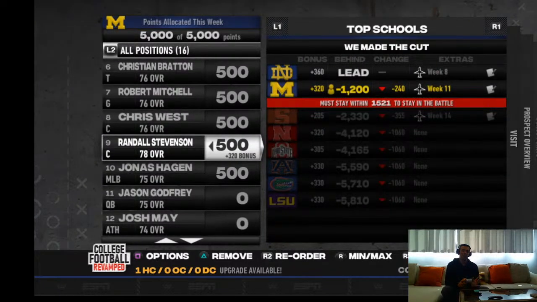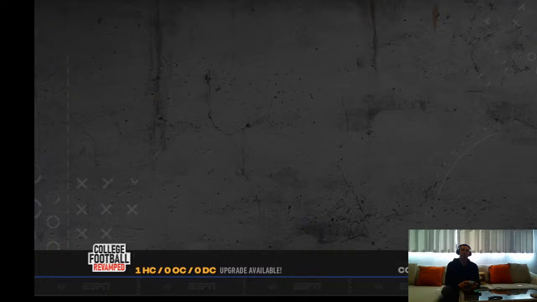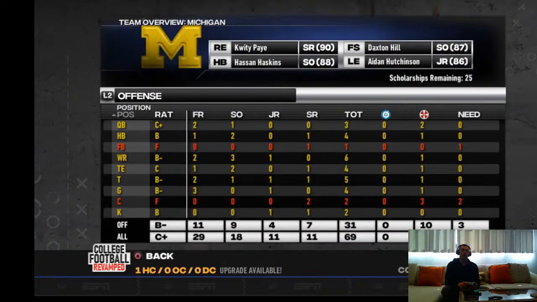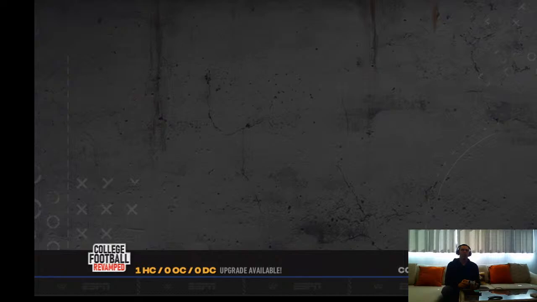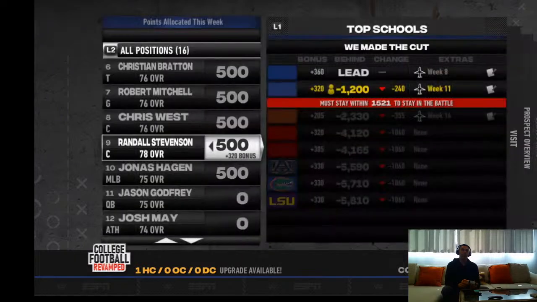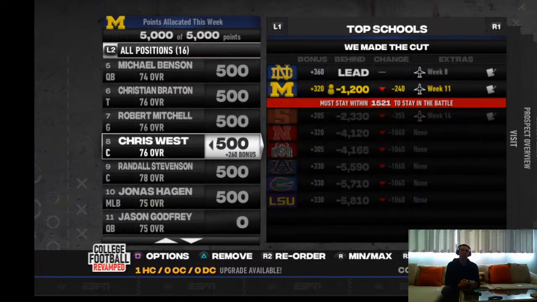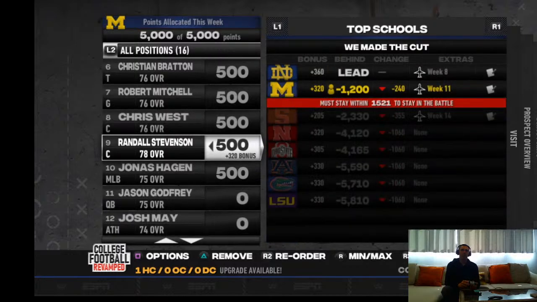Another center. We have no centers next year, by the way, right? If I look at my needs, we have 0 centers on the roster after this season. So it is a big need for this team. We're really trying to get 2 of these centers. I think one we're going to get. This is going to be tough. If we get this guy, it would probably be a late commitment where we dump all of our points into him at the end of the year in that final stage. So there's a chance we might have to do that just to give ourselves some depth at center.